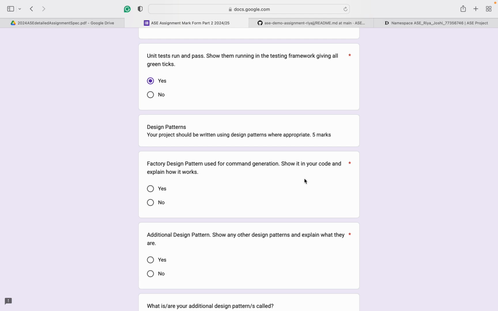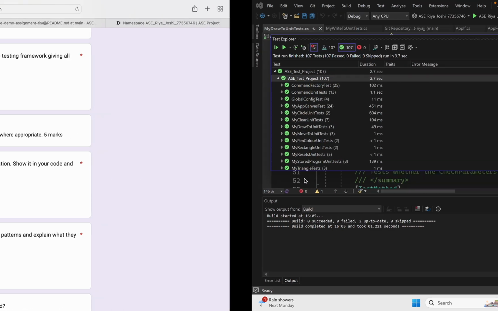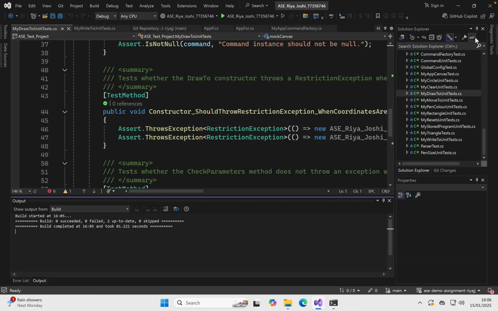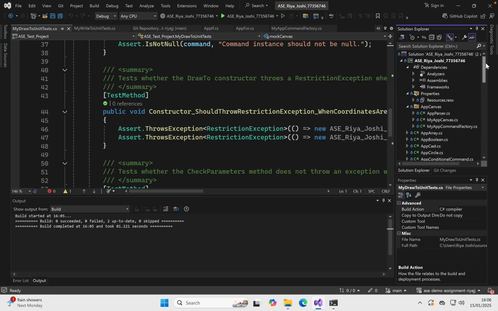Your projects should be written using design patterns where appropriate. The factory design pattern used for command generation. Show it in your code and explain how it works. So for design pattern, let's take an example from, it's a command factory.